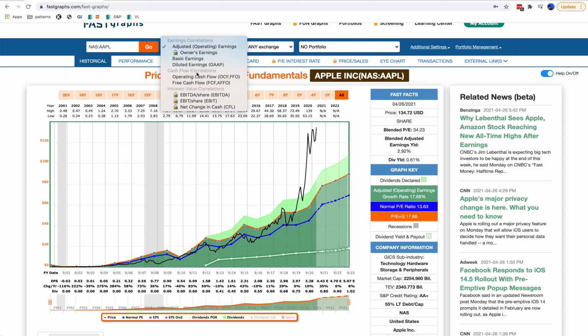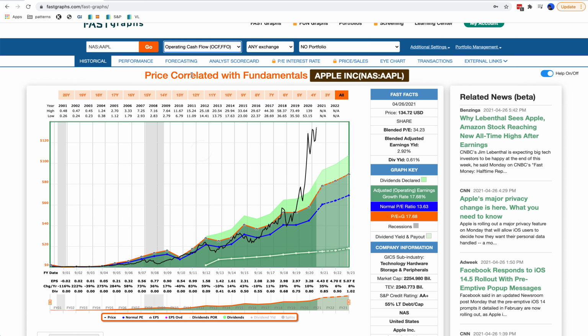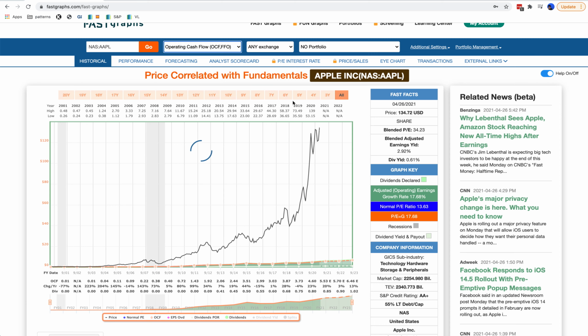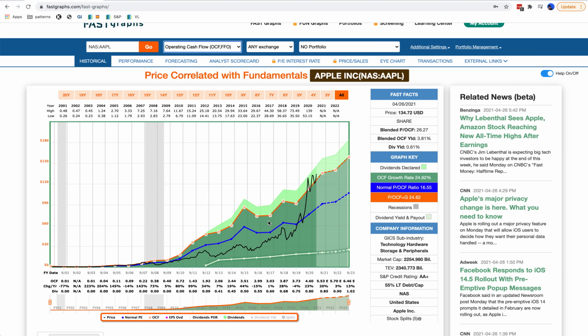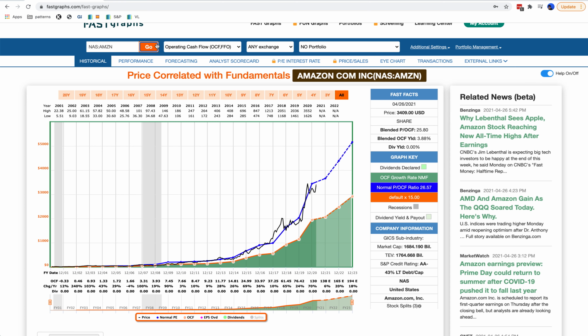You have all these different metrics that you can also look at. So instead of looking at PE and earnings, you can look at the cash flow instead and see what that looks like. For some of these companies, sometimes earnings is not the best. Like for example, in the Amazon case, let's just pull it up so we can look at it. In some cases, some companies are better suited, like if you have a lot of CapEx, it could be more helpful to look at cash flow as opposed to